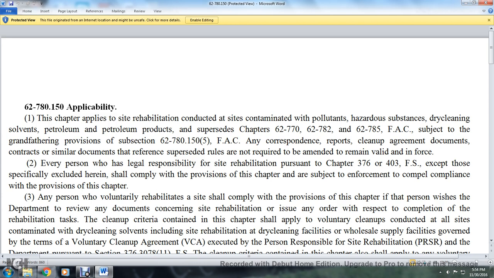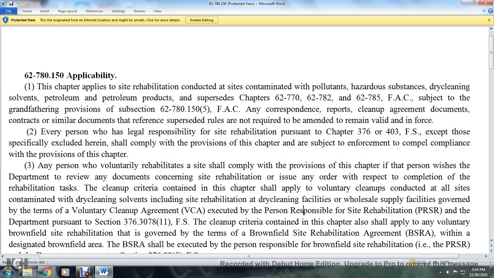Voluntary cleanups conducted at sites contaminated with dry cleaning solvents, including site rehabilitation at dry cleaning facilities and wholesale supply facilities, are governed by the terms of the voluntary cleanup agreement executed by the person responsible for site rehabilitation and the department pursuant to Section 376.3078, Florida Statutes. The cleanup criteria contained within the chapter shall apply to the Voluntary Brownfield Rehabilitation Act